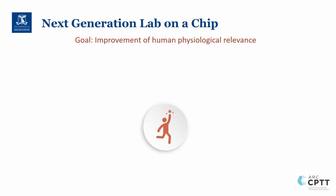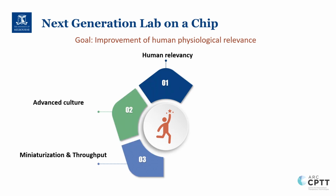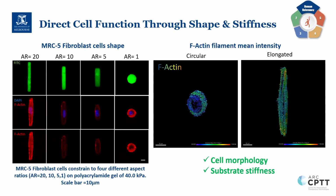So our group's goal is to build a next generation lab-on-a-chip to improve the human physiological relevance in 5 sectors: human relevancy, advanced culture, miniaturization, throughput, real-time cell monitoring system, and lastly, integrating the previous 4 elements to build a feedback control system. So the first part, understanding the cell shape and stiffness, is important as it can influence